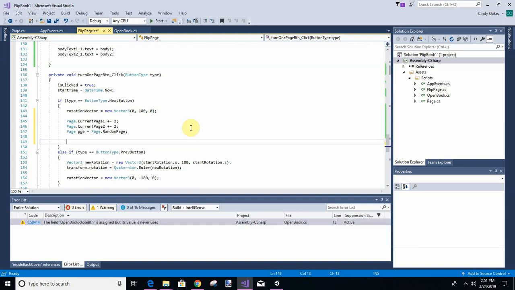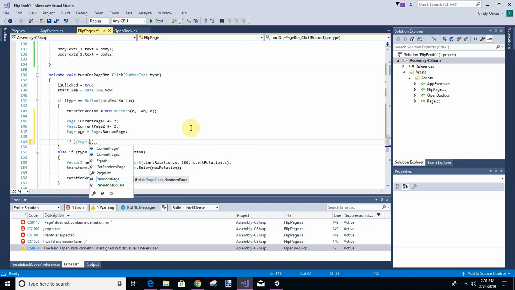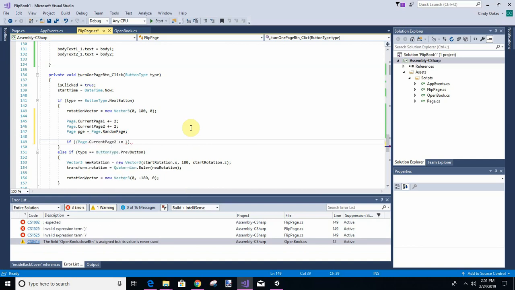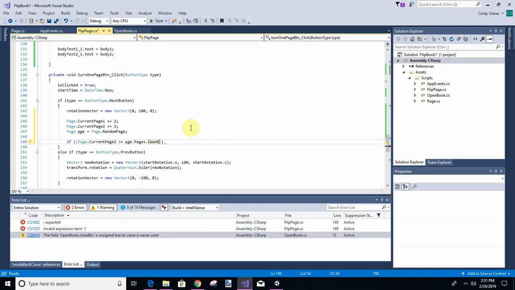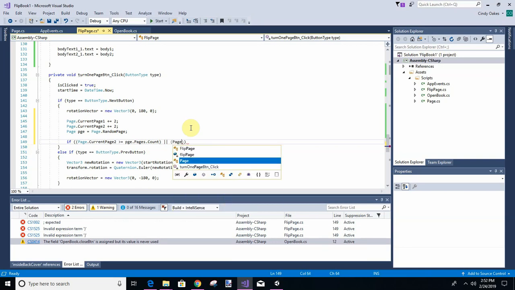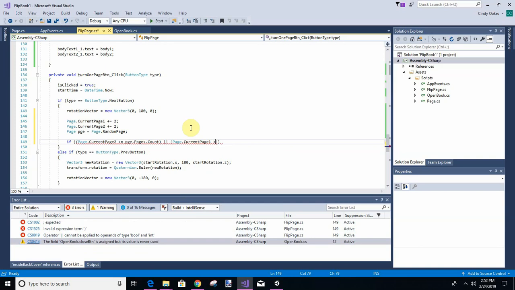And so, if current page 2 is greater than or equal to pages.count, or current page 1 is greater than or equal to pages.count,